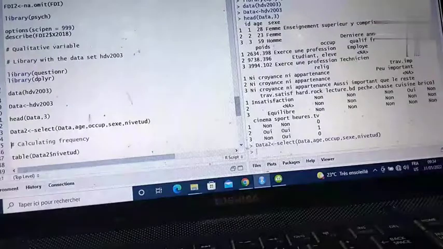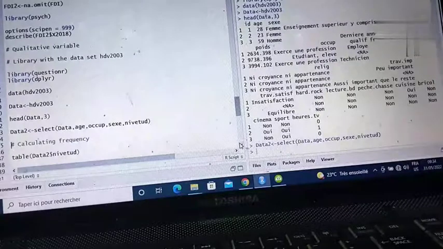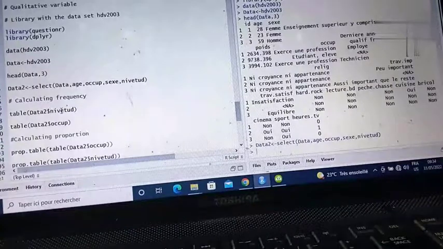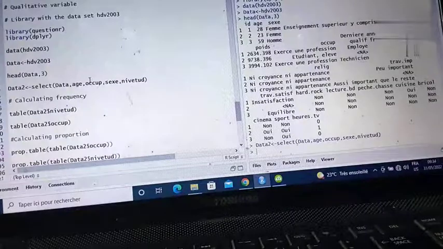And now we want to analyze the frequency of one variable, because in our data set we have many variables. We have age, we have occupation, we have sex, and so on. Now we just need